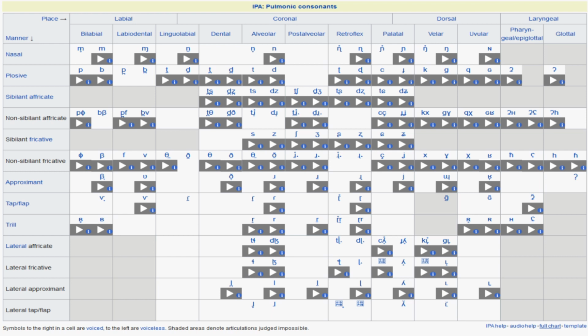So for example, one you probably recognize, bilabial nasal, right? That means you make the sound with your lips and that the sound only comes out of your nose. It's also on the right of the cell, meaning you add voice to it. So bilabial nasal sounds like right? And an unvoiced bilabial nasal would just sound like an exhale, like